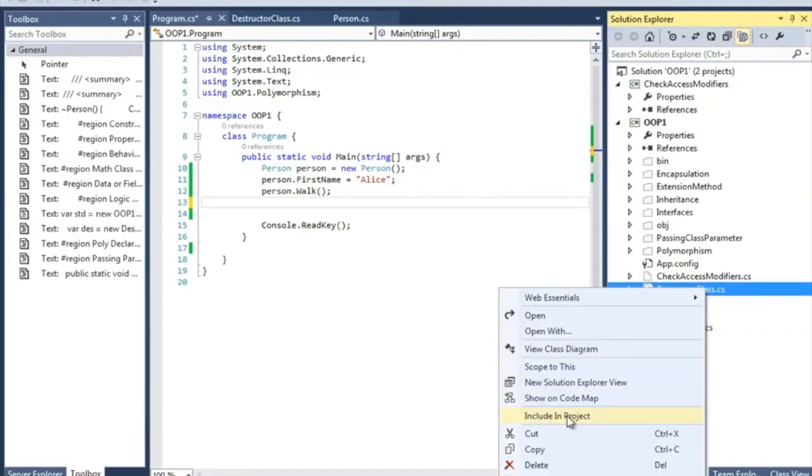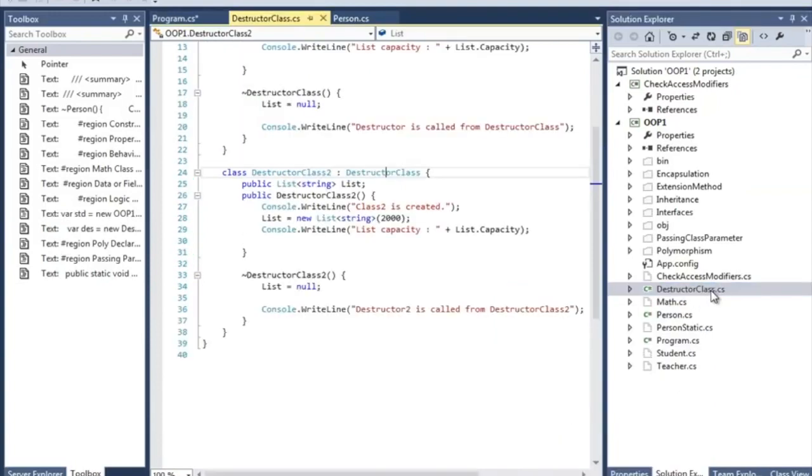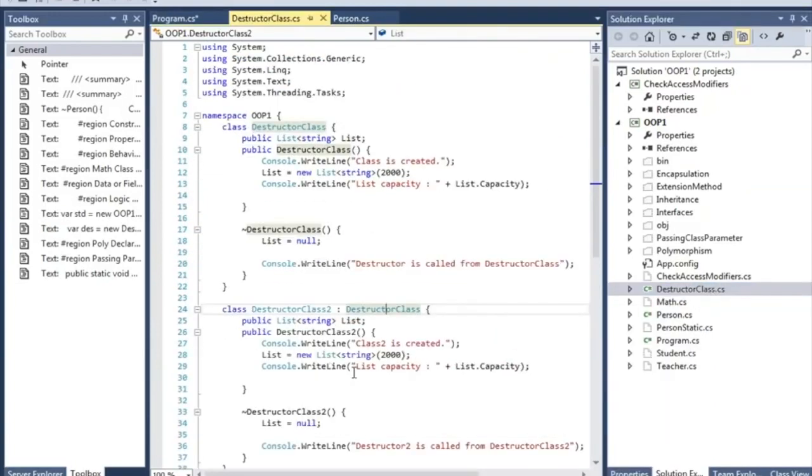So we're going to include the destructor class, and here I have introduced two classes in one file. It's just for demo purposes, but on a professional project you shouldn't do that. So here I have a simple destructor class.